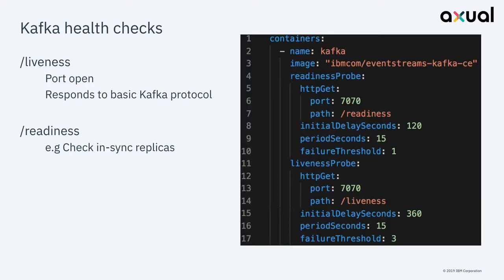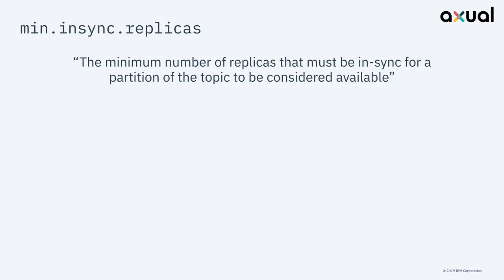Readiness is a little bit more interesting, and it's kind of up to you what you view readiness as, and what else is going on with your applications in your system. But one of the things that we actually check for, which I think is an interesting one to think about, is your number of in-sync replicas. The reason for this is that there's a setting which is min insync replicas. And that is the minimum number of replicas that must be in sync for a partition of the topic to